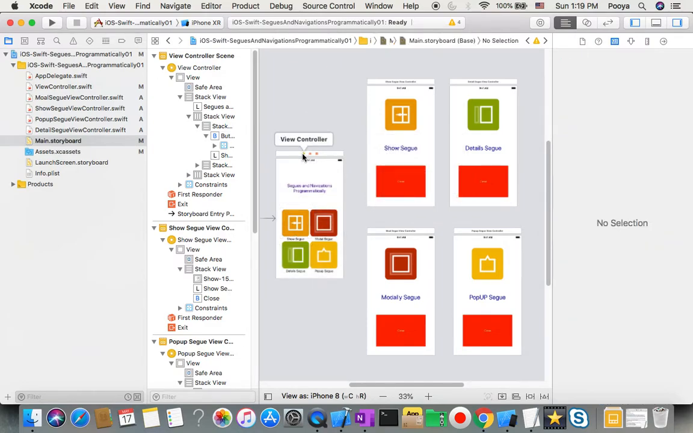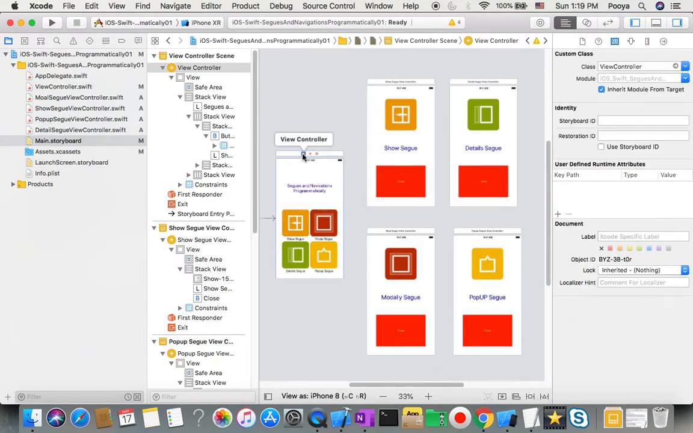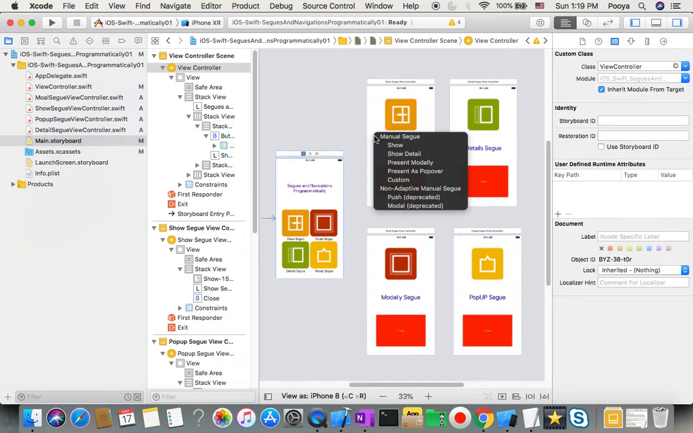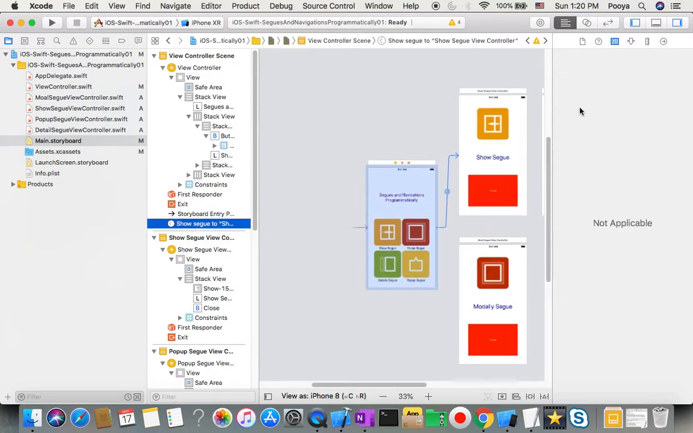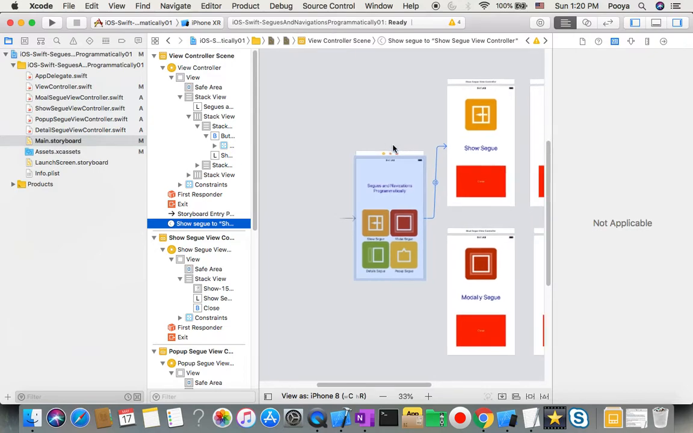What I'm gonna do, I'm gonna from this view controller, because it's gonna be program, control drag from this to show, and I say show. So from type of show I made one segue. This is gonna sit here. You may say why? What's the point? Point is,